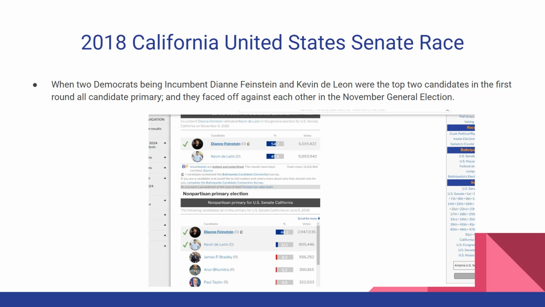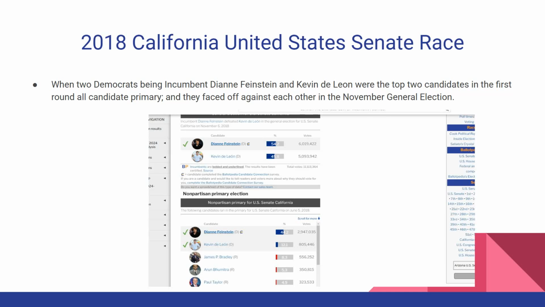In part because they stand a better shot at actually winning and defeating an establishment candidate. And that's really one of the positives of top two or same party general elections. This is something I already discussed in a previous slide. One of the effects that top two primaries or top four or five primaries can have on the November general election is that